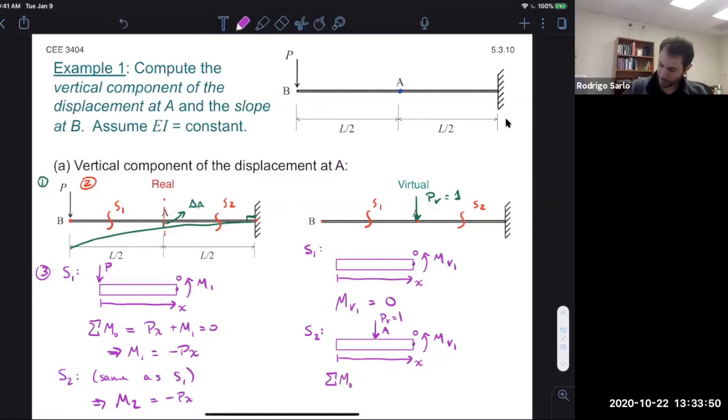And in that case, my sum of moments is going to be equal to PV times L over 2 minus X plus MV2, right? To be careful when I copy paste. MV2. That's equal to 0. So I get